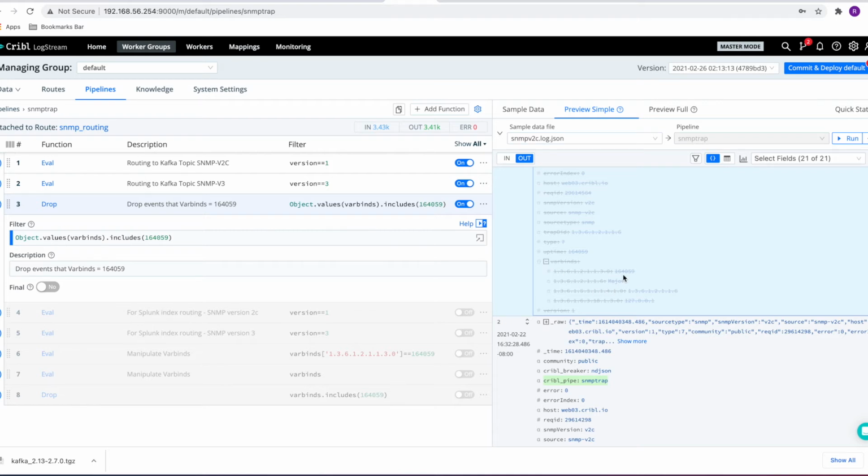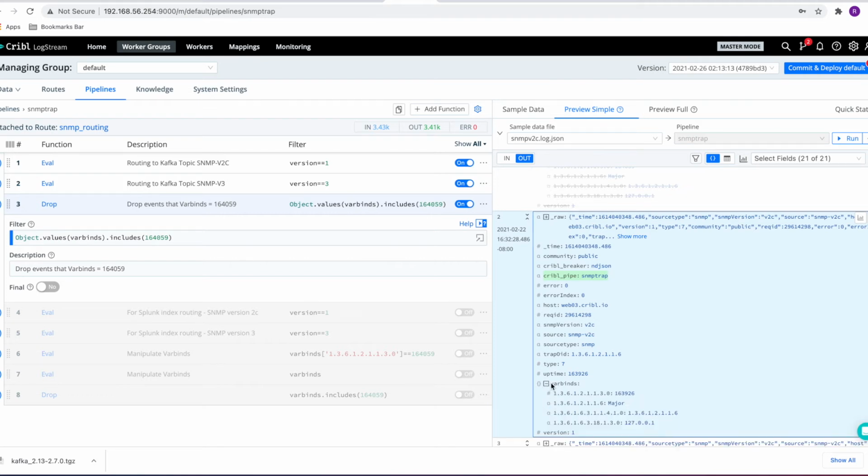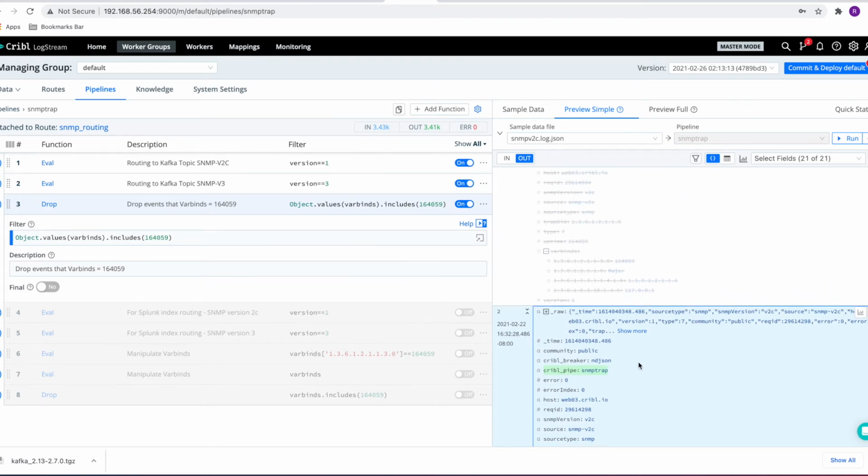And in this case, I have quite a few examples of var binds, and I chose, just for the sake of this example, to drop var binds that include this particular value. And so this is a good illustration that you can route events to an appropriate Kafka topic, as well as